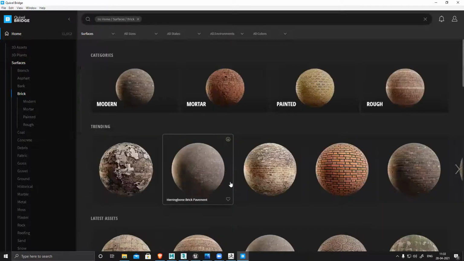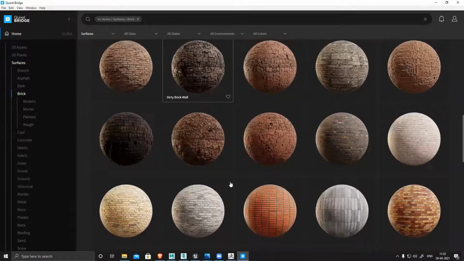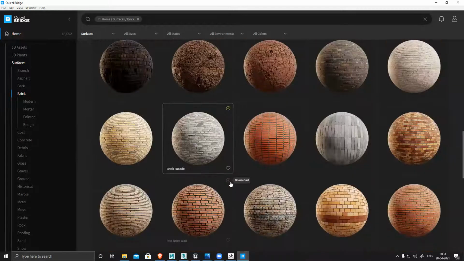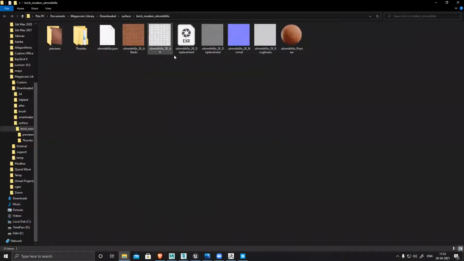Let's see surface brick. I guess something like this, actually. So download this. Color, I can definitely change and modify things. I just need a displacement map, or maybe the height map. Then right click, go and check this thing. Download it. You can see I have ambient occlusion, displacement map, normal map, roughness map, everything is there. So let's try with this.